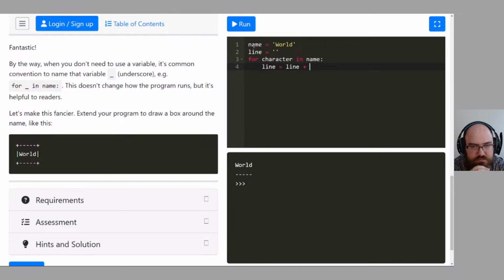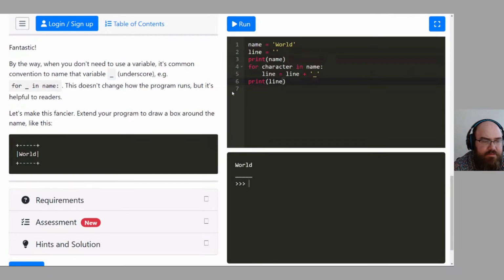And that's where we started doing print line. There we go. Okay, now I feel like we're ready to move on.